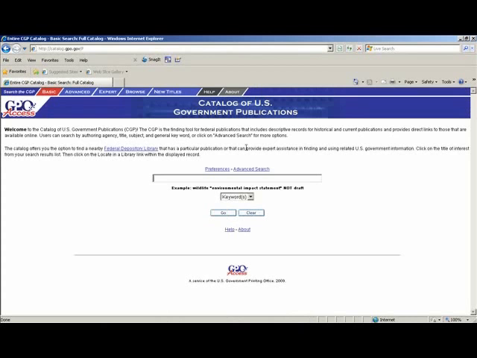Sims Memorial is what's known as a selective or partial depository. We receive approximately 40% of the materials distributed through the depository program. If you search the library's online catalog, all you'll find is that 40%. To find the other 60% of the materials that are available, you need to use a comprehensive source such as the CGP. Doing a basic keyword search for arson in the CGP